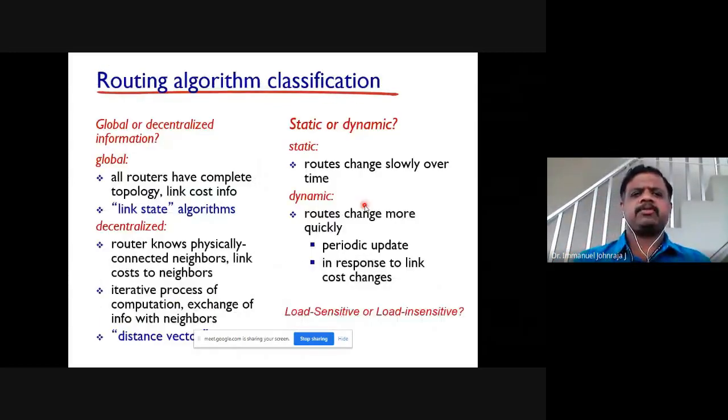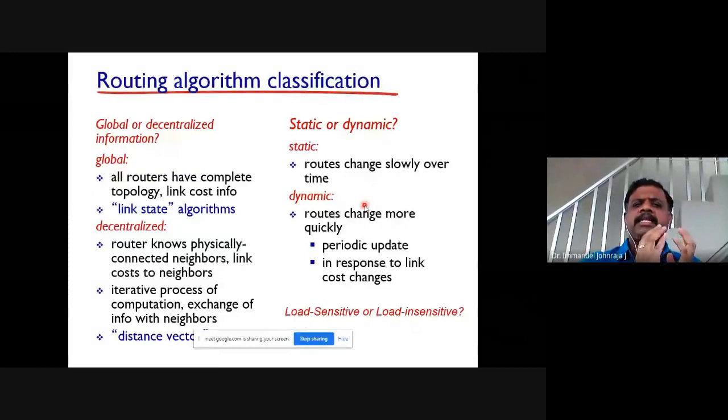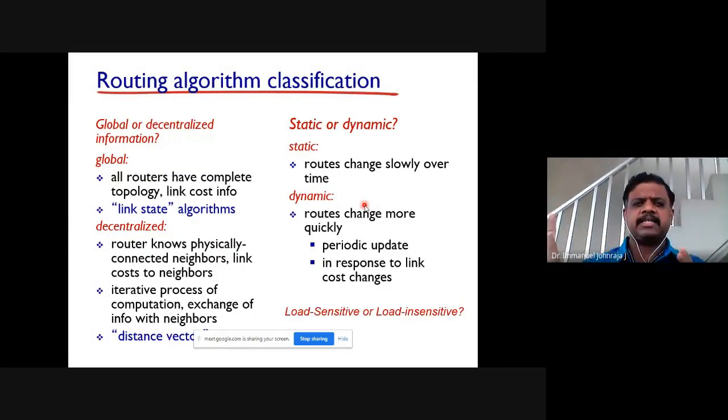But before that, as I have spoken to you about two major classifications of dynamic routing algorithms. Of course, there are three major classifications, but the third classification we don't bother much. I'll tell you the reason at the end of the slide. One is whether it is based on global information or on decentralized information. All the routing protocols which use global information are called link state routing protocols. Some of the points which are not available in your textbook I would like to add now. So one set of routing algorithms is called link state routing protocols. The other set is called distance vector routing protocol algorithms.